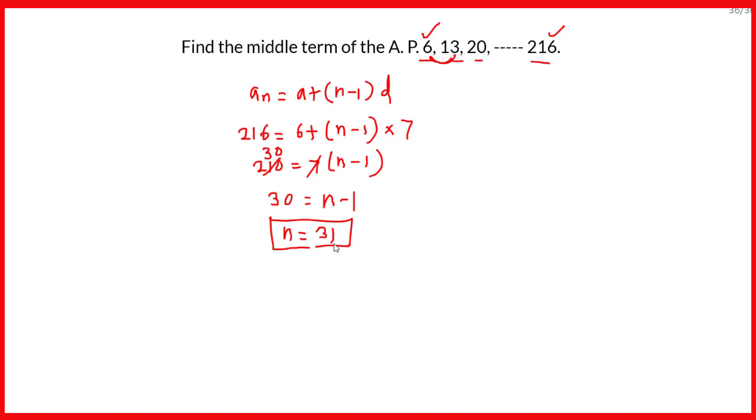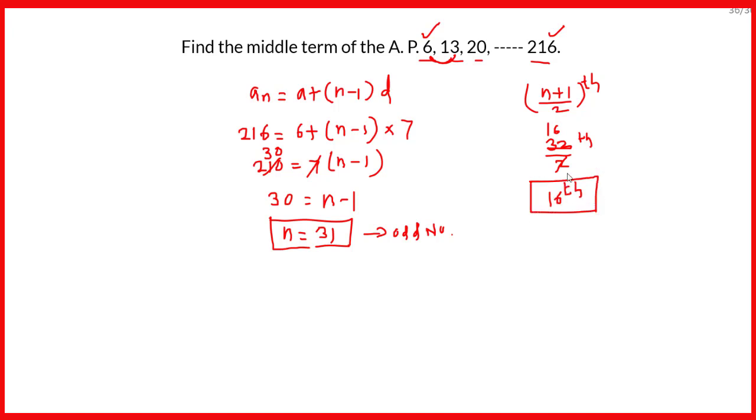Now we will have to first decide what will be the middlemost term. Total are 31, and since this is an odd number, we can find the middle term as the n plus 1 by 2 term. So n plus 1, that is 31 plus 1, that will be 32 by 2 term. So this will be 2 1s are 2, 2 16s are 32, and therefore the 16th term will be the middle term. So what is the middle term? The middle term is the 16th term.